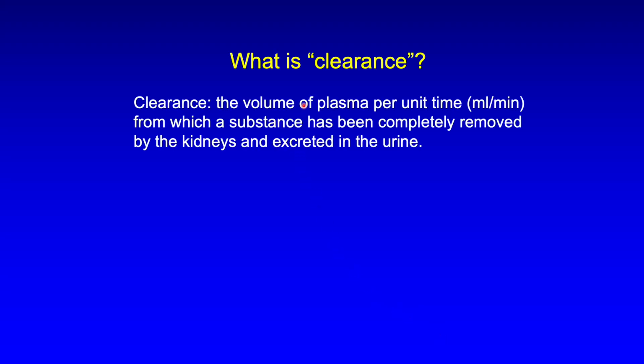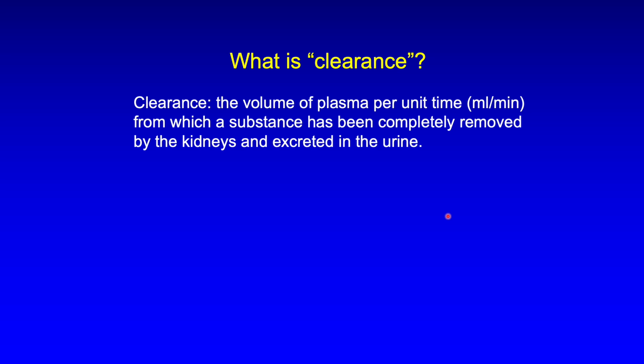First, let's revisit the concept of clearance for a minute. Remember that clearance is defined as the volume of plasma per unit time, usually in mLs per minute, from which a substance has been completely removed by the kidneys and excreted in the urine. Having a mathematical formula for which the clearance of a substance can be calculated is just a fancy way of standardizing and quantifying how well our kidneys are doing at removing the substance from the plasma and getting rid of